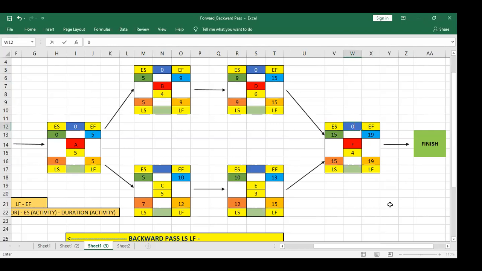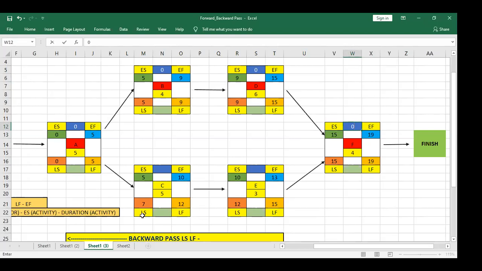If total float value is 0, it means it is the critical path. In critical path, float value will always be 0. It can be negative, but it can never be more than 0. Negative means you will finish early.